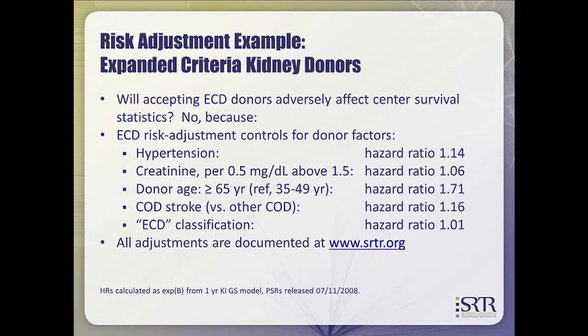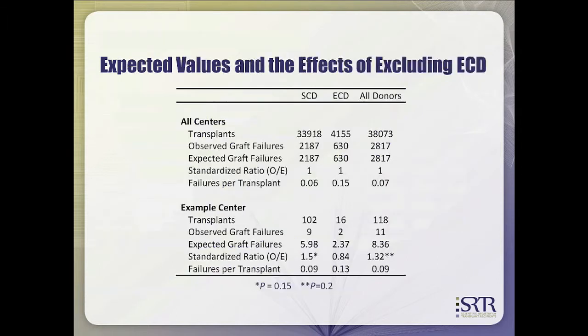So with all of those things, ECDs get adjusted in the risk adjustment models. There is another webinar that talks about how those risk adjustment methods work, and I will refer you to that for those details. What's interesting is that here is the example of excluding ECDs at various transplant centers. If you look at all transplant centers, the failures per transplant of SCDs is 0.06, and the failures per transplant of ECDs is